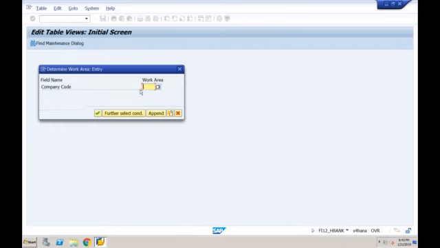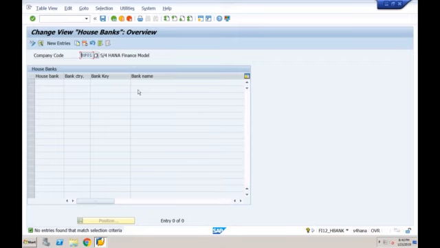Here you have to specify the company code, the same thing which you were doing in ECC. So which company code is available here? Let me try SF01. Yeah, the company code is available, but there is no bank maintained. So here you can create a house bank, but if you remember in ECC, apart from the house bank, we were able to create the account IDs. Those account IDs are not allowed to be maintained using this screen anymore.